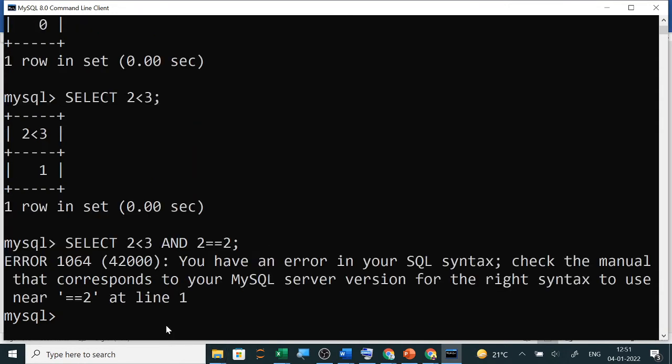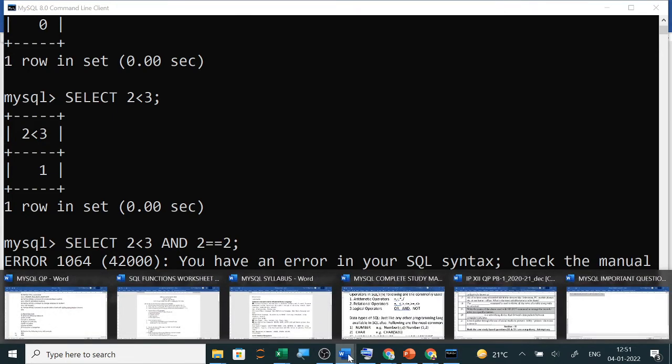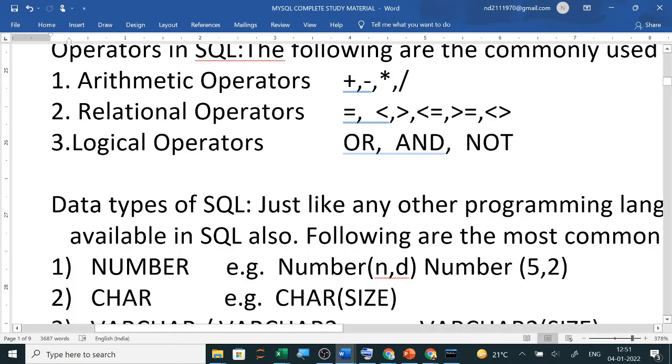Checking equality: we can use only one equals operator for checking equals to, and for not equals to, we use either not equals or this. So in MySQL, only one equals will check here.